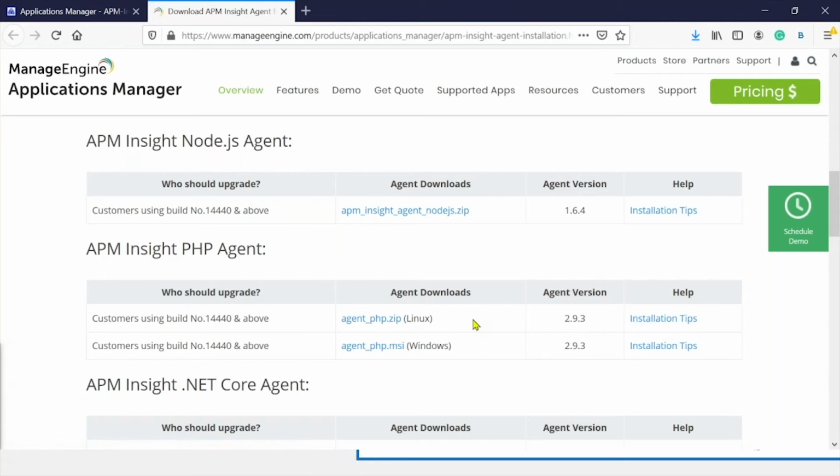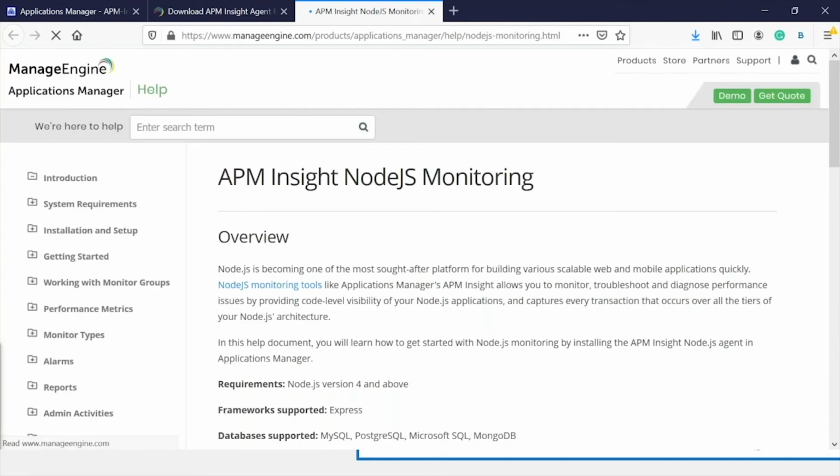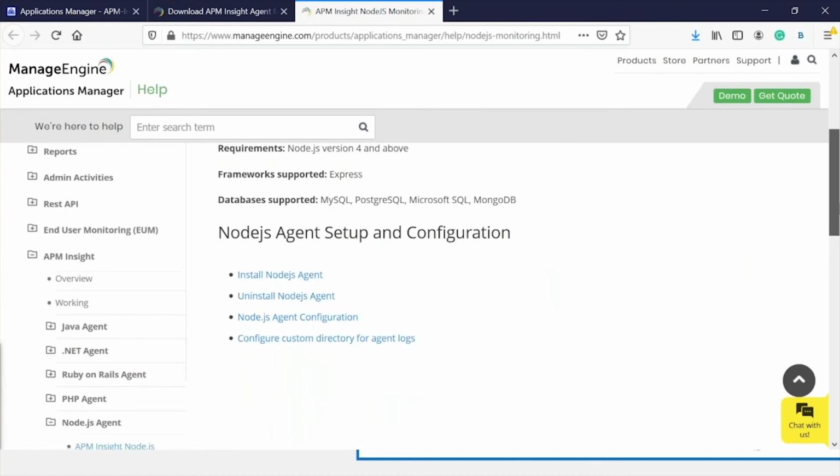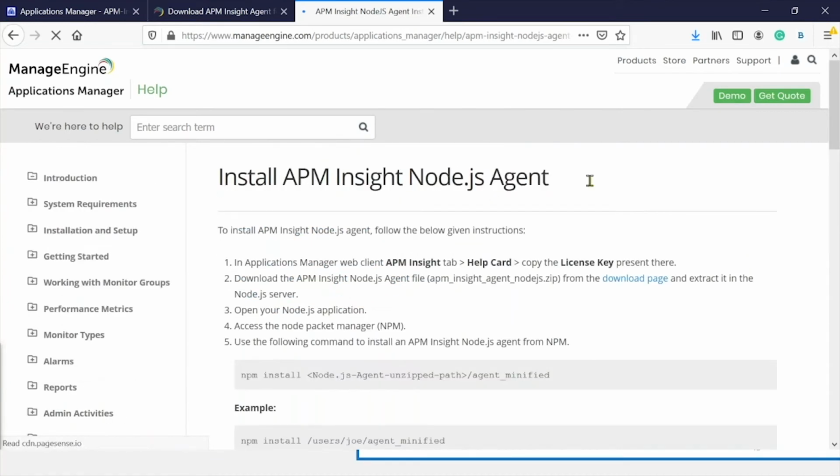So let me take you an example for a Node.js agent. I have already downloaded the agent, so I'm skipping this step. Let's get started with the installation tips by choosing this. So the first step is installing the Node.js agent. Upon downloading the Node.js agent,